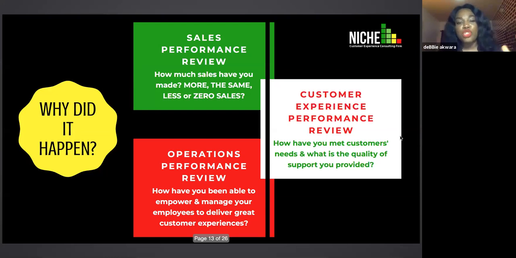customer experience impact analysis. The second thing you want to look at is your customer experience or customer service performance review. How have you met customers' needs, and what is the quality of support that you provided? The third thing that you want to evaluate from a broad perspective is your operations performance. You want to look at how have you been able to empower and manage your employees to deliver great customer service experiences. Now, when you have looked at all of this data, you want to ask yourself,